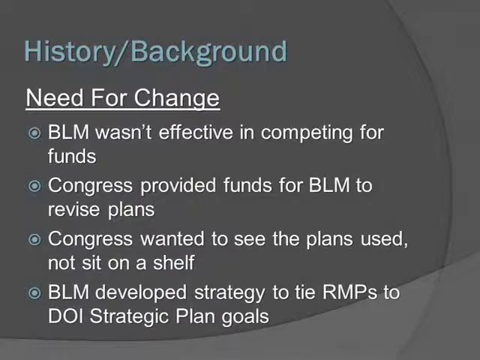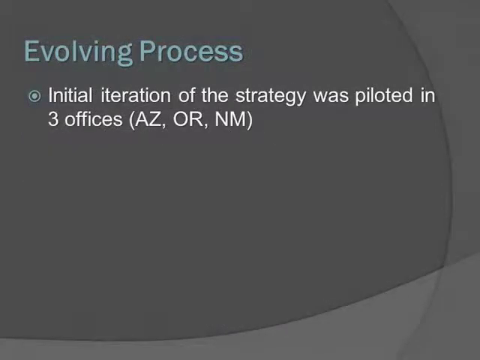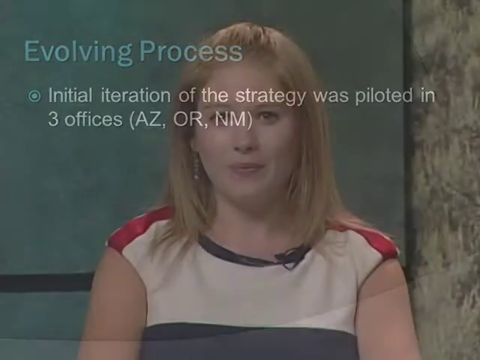The first iterations of this process linked the DOI strategic goals with projects identified in the RMP to more effectively communicate these needs to Congress. It was piloted in 3 offices: Las Ciénegas NCA in Arizona, Lakeview, Oregon, and Farmington, New Mexico. These offices represented very different mixes of work, and if the process worked for them, the idea was it should work in any BLM office. 4 other offices were added to the pilot, and findings were presented to the BLM and the department. The pilot showed that the staffs were able to develop shared priorities across the office and better communicate those priorities